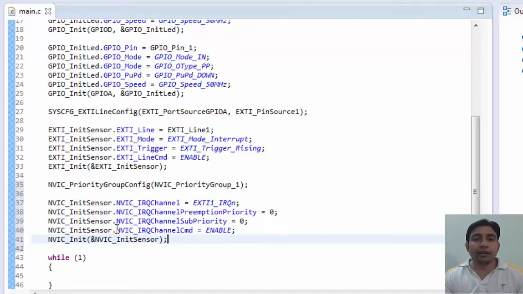Okay, now let's make the LED1 continuously blink forever.